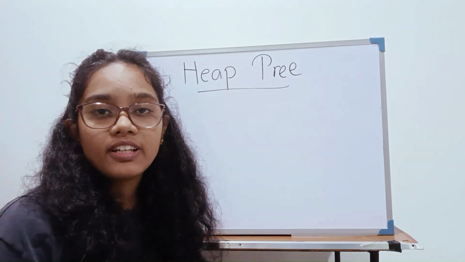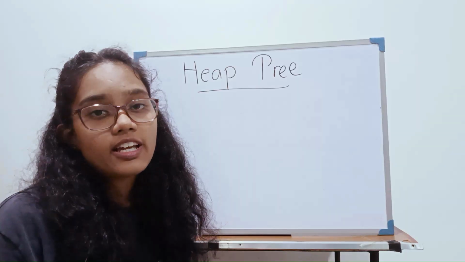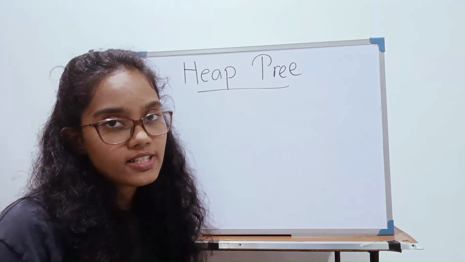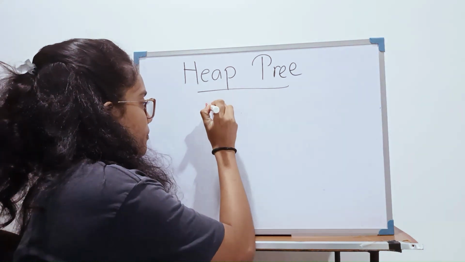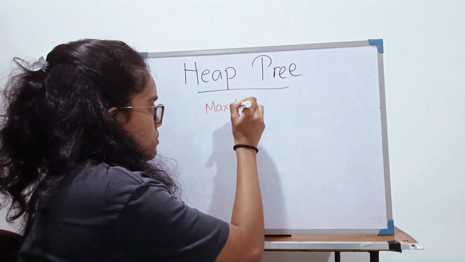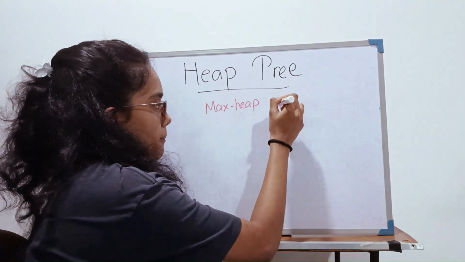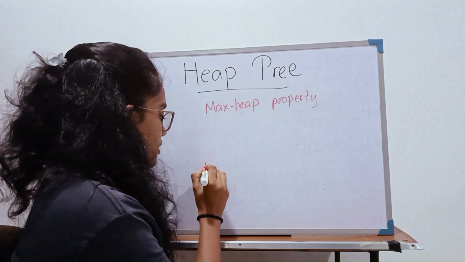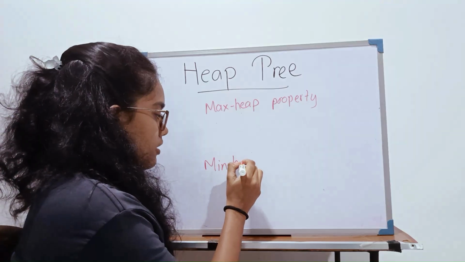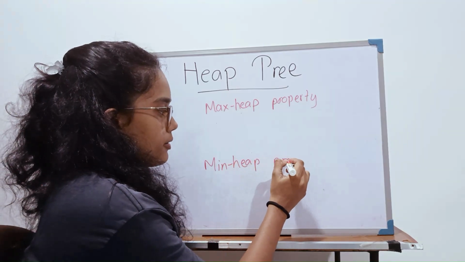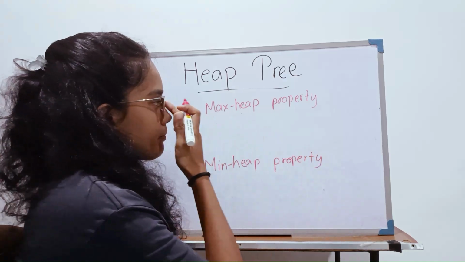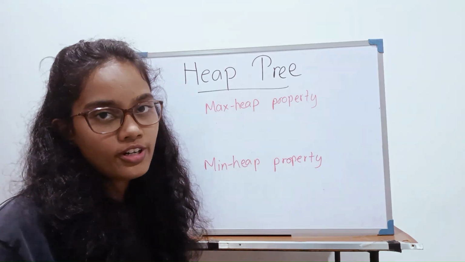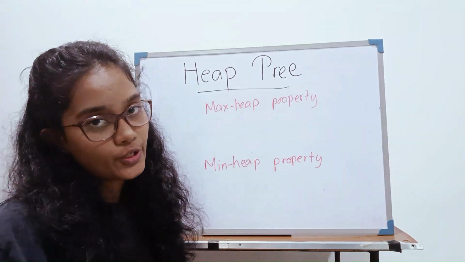So the other property a heap tree must satisfy is the heap property. There are two types of heap properties. First one is the max heap property, and the other one is the min heap property. So max heap property means that the value of each node must be greater than or equal to its